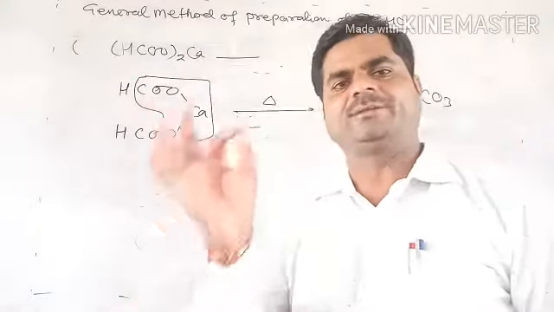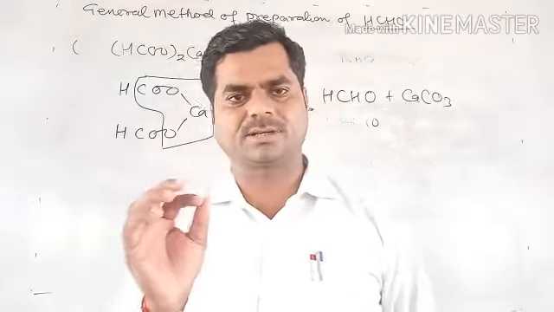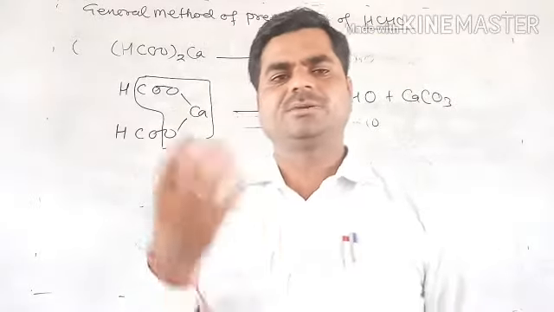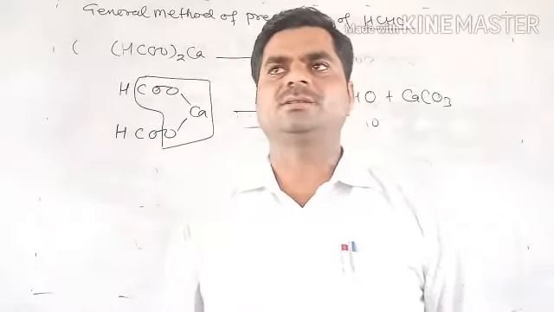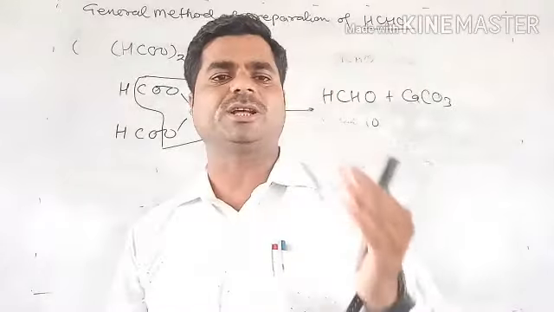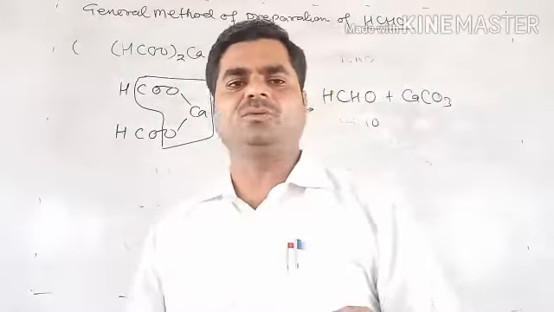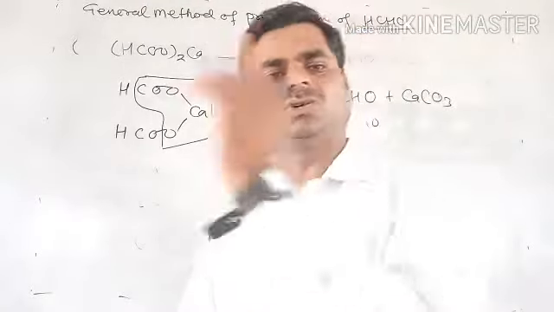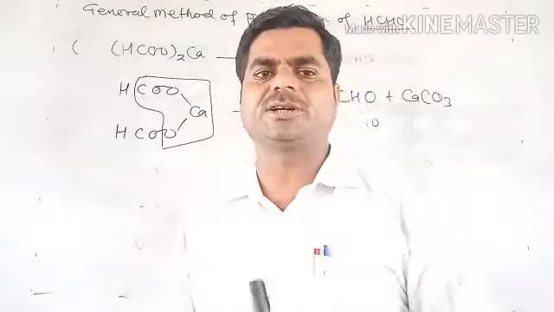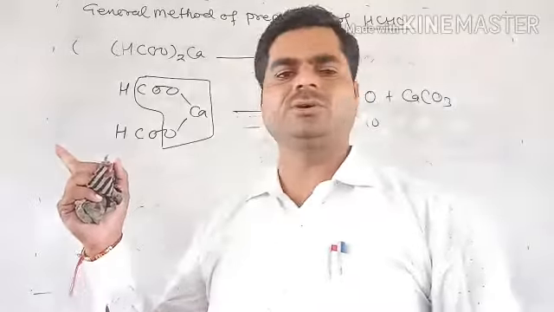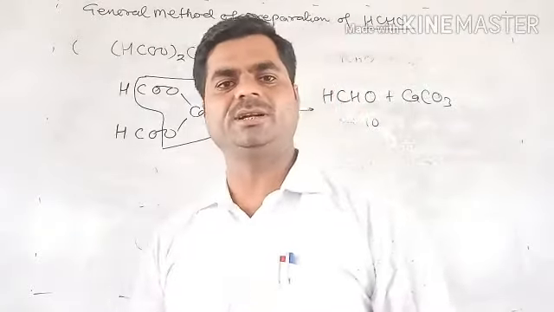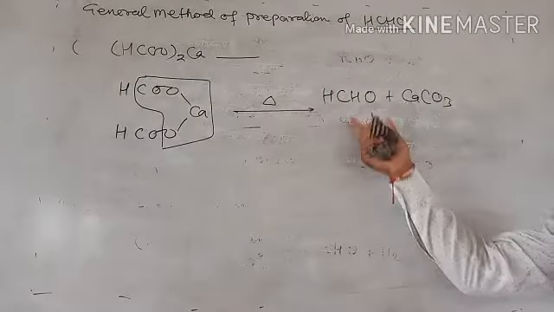First, when in the presence of platinum catalyst we heat vapor of methyl alcohol with oxygen at 300 degrees Celsius, we obtain formaldehyde. In the second reaction, oxidation is always in acidic medium, with acidic potassium dichromate, and alcohol is oxidized into aldehyde. In the dehydrogenation process, in the presence of copper at 300 degrees, alcohol is heated and converted into formaldehyde. And in the last process, calcium formate is heated and converted into HCHO. Okay.